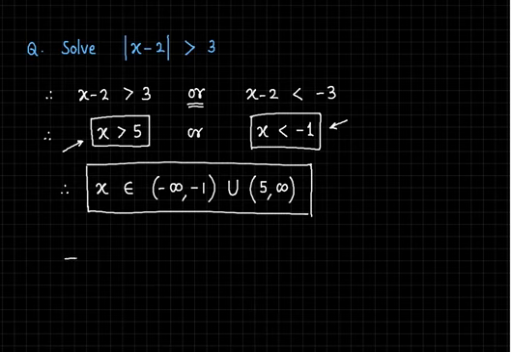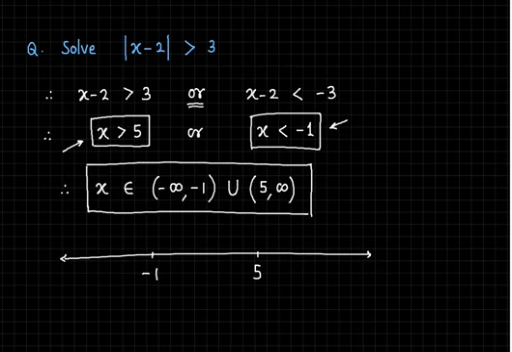If you want to show this graphically, then let's see how to show that. Here we have minus 1 and here we have 5. Now we want all the region to the right side of 5, that is greater than 5 but not equal to 5 itself. So here we show a hollow circle at 5 and we darken the entire region which lies on right side of 5. Similarly, we have to consider the region which lies to the left of minus 1 but excluding minus 1 itself. So there also we show a hollow circle and the entire region that comes to the left of it, we darken it. So that's the graphical way of denoting the solution.